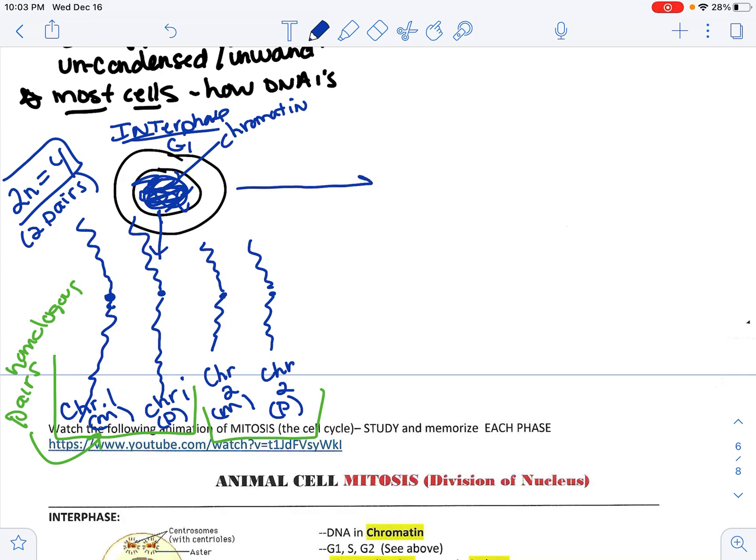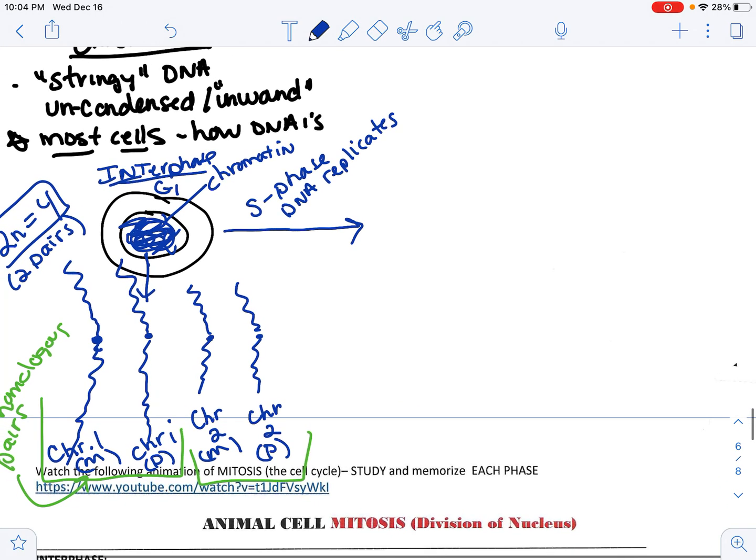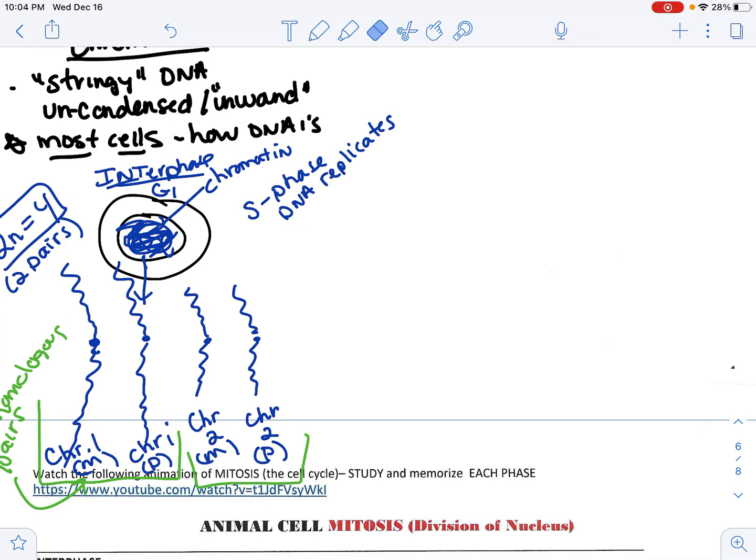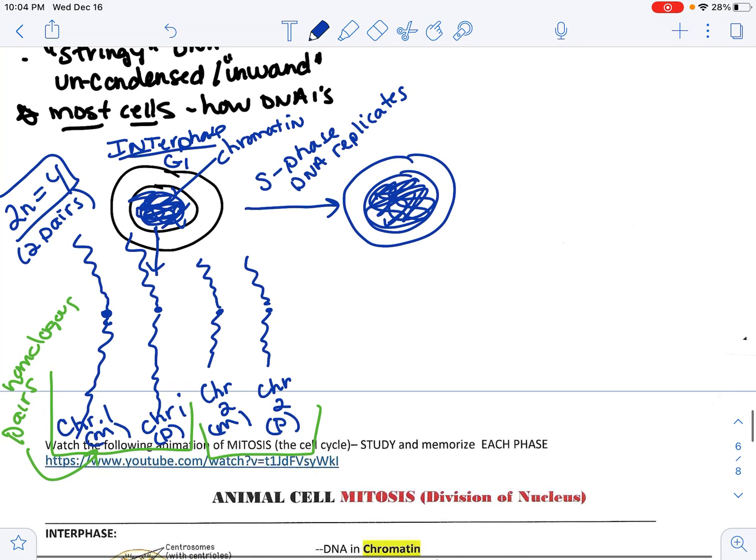And if you remember, I think you guys watched this last night, the other part of interphase is called the S phase. So remember, interphase is broken into G1, S, and G2. And the S phase is where the DNA makes copies of itself, or the DNA replicates. So this is still part of interphase. And so what you're going to see after that: let me make this arrow a little shorter so I have room to draw. Here's my cell, here's my nucleus, and my 4 chromatins are in there, okay? But once it makes a copy of itself,